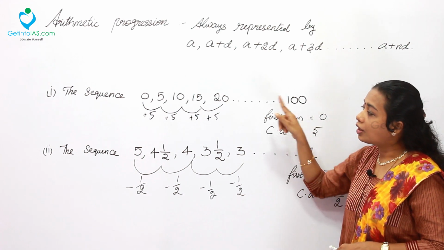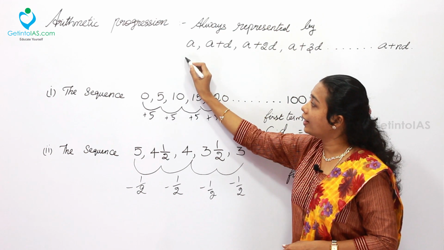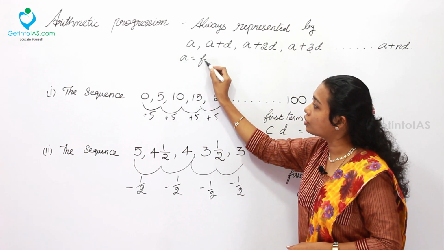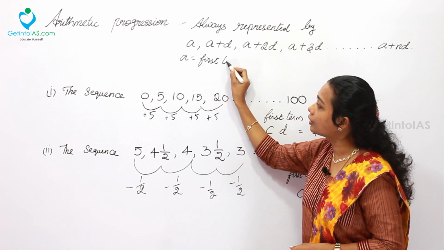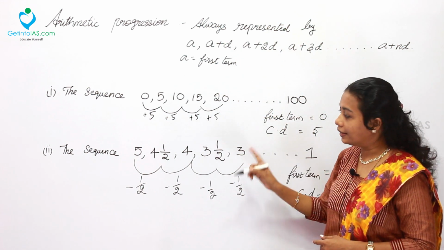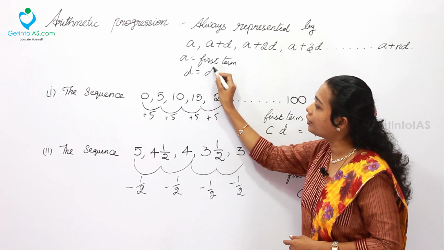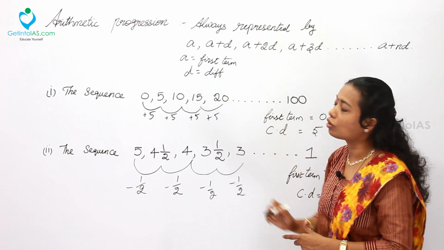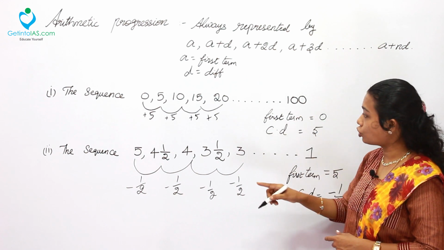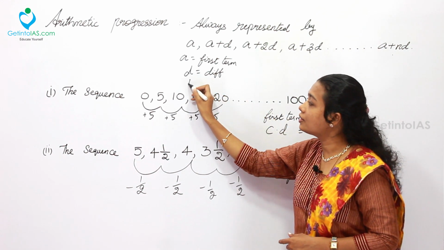Now what is the first term? The first term is 0. So A is known as the first term of any arithmetical progression. Okay, what is D then? D is simply the common difference. You can take it as difference or common difference. Then the next one, what is the last one? N. N means number of terms.